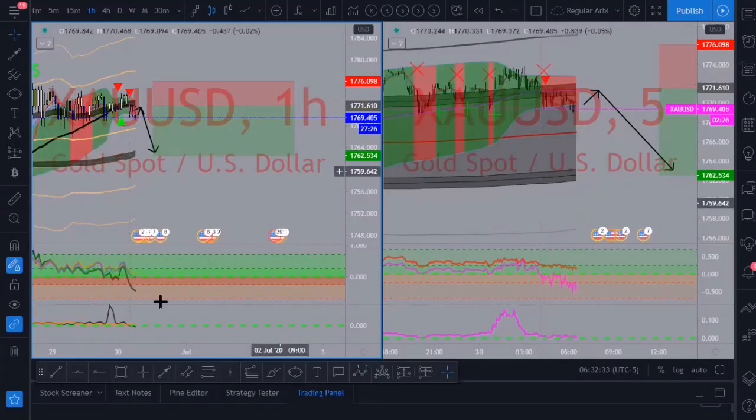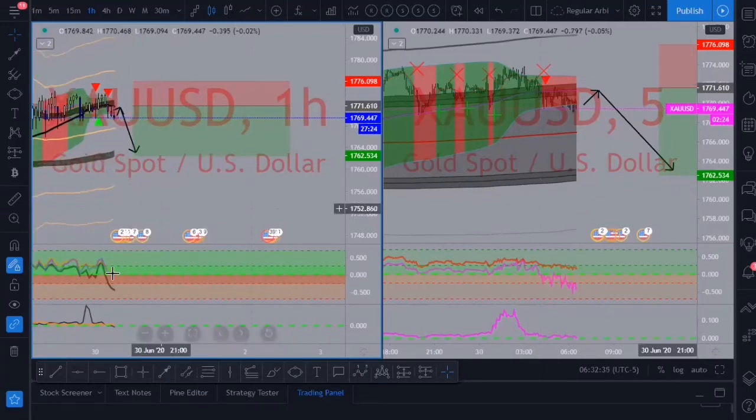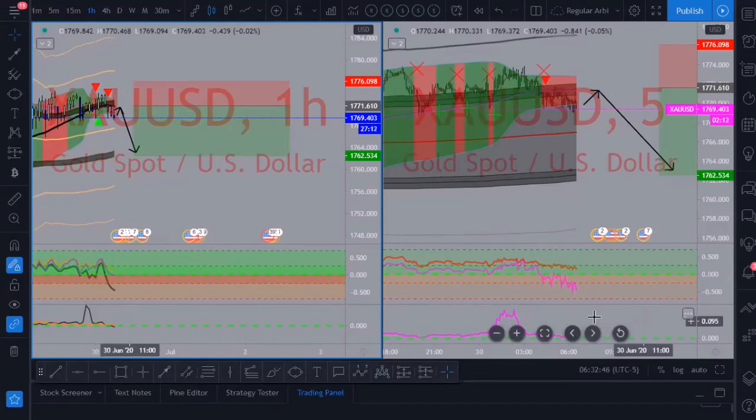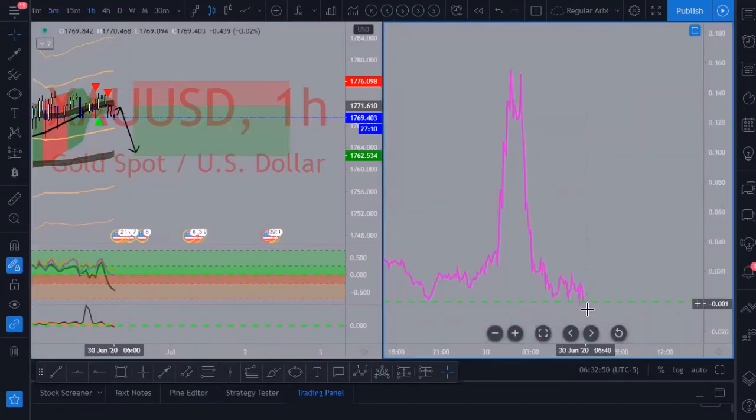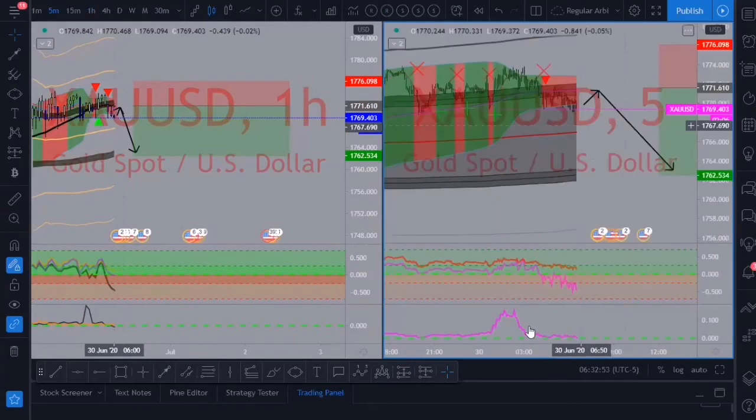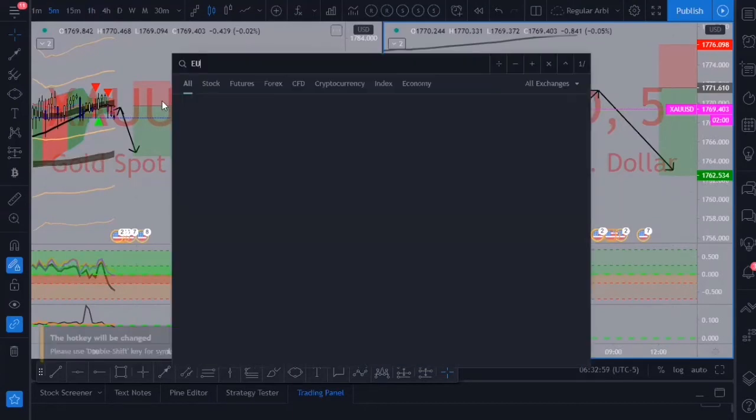All right, so that's gold. Like I said, as you can see it dropping. On the indicator, we have the RSI line on the level pro starting to cross. Even over here on the Apocalypse level pro, you can see that it's starting to cross through as well. So yeah, this looks solid for the sell, guys. So that's gold. Euro GBP is the next one up.